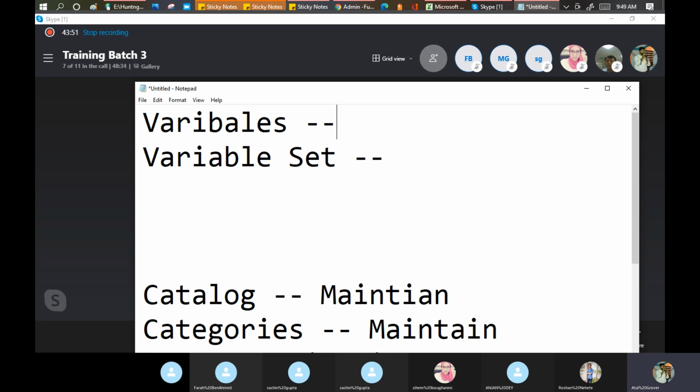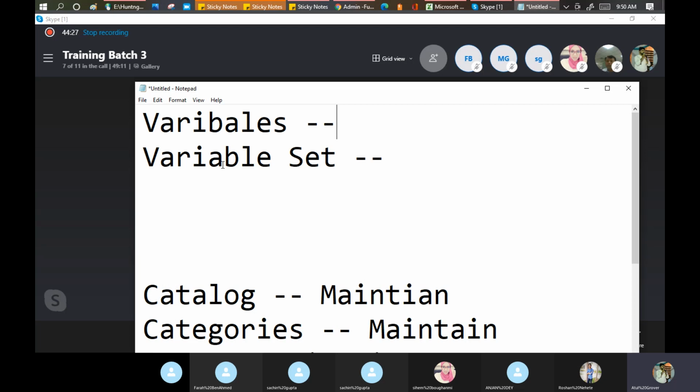Name, roll number, class, father name, date of birth are common variables that can be used in any school or university. If they create any template, they put these in as defaults. That is the purpose of the variable and the variable set: create variables which can be commonly used in all other catalog items.